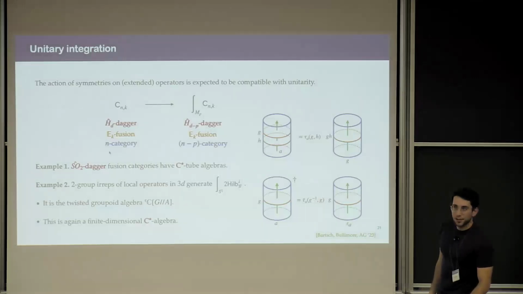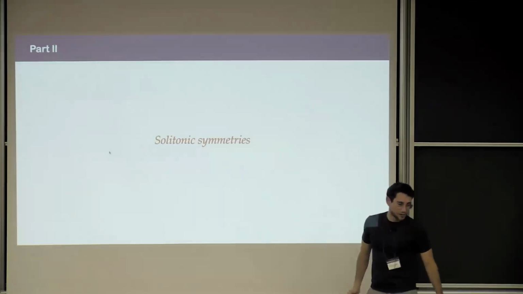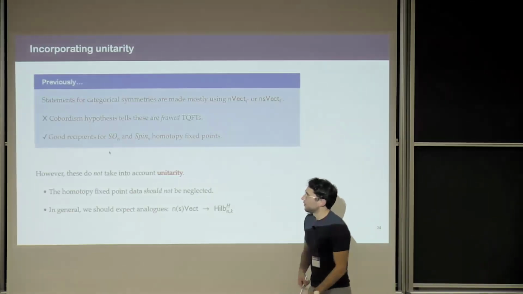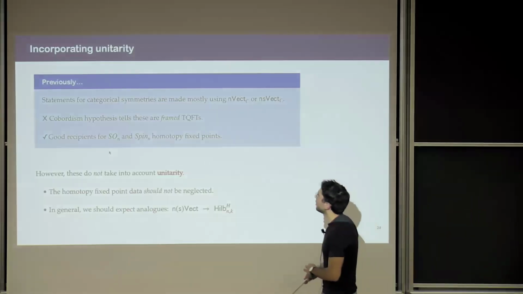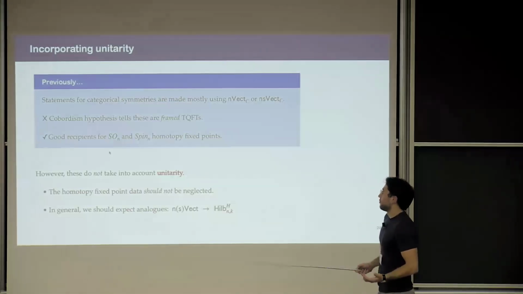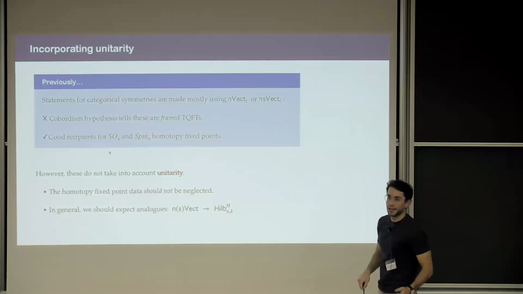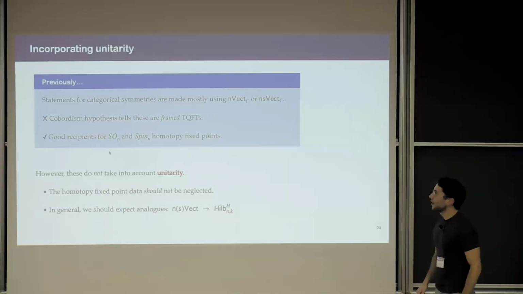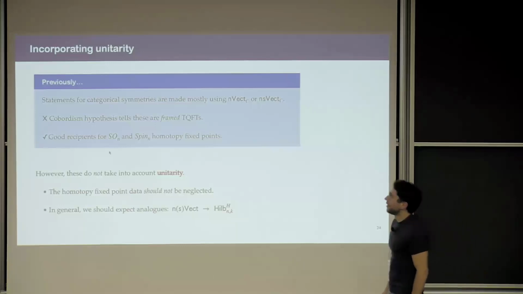And if there are no questions, let me try to talk about some applications on solitonic symmetries. So let me give a brief comment first, which is that so far, when we work with higher fusion categories in higher dimensions, we used to work a lot with categories like n-Vect or nS-Vect and try to look for functors into that or something like that. Now, if we care about the notions of unitarity, then we should realize that